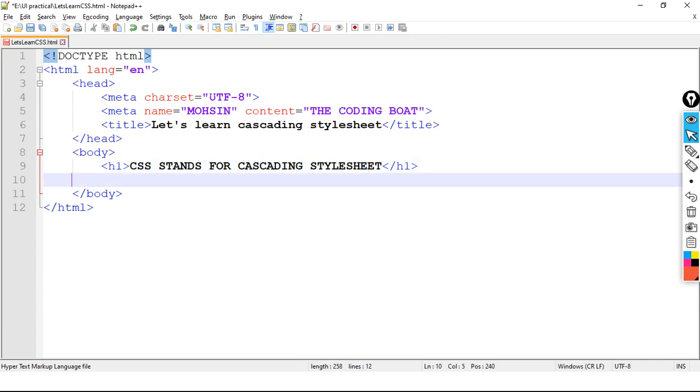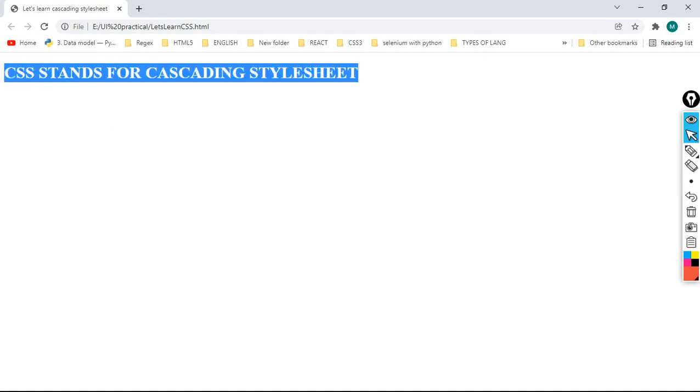Okay, let's save the code and refresh. Here we have our output. CSS stands for cascading style sheet.